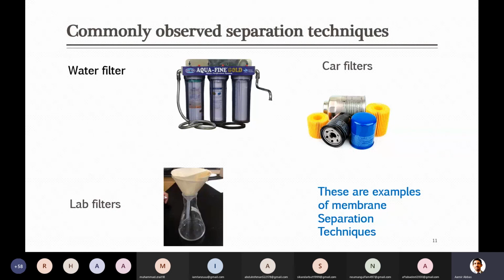But at the moment, I don't want to go into its detail. Definitely we have to study those kinds of membrane, but keep this in mind for your information, because if someone says that there is a membrane and it doesn't contain any pores and still separation is taking place, you should know at least this basic information that yes, it is possible. In that case, what phenomena take place and what happens there, we will study later. But it should be in your mind that there are some kinds of membrane in which even without pores, penetration can take place.